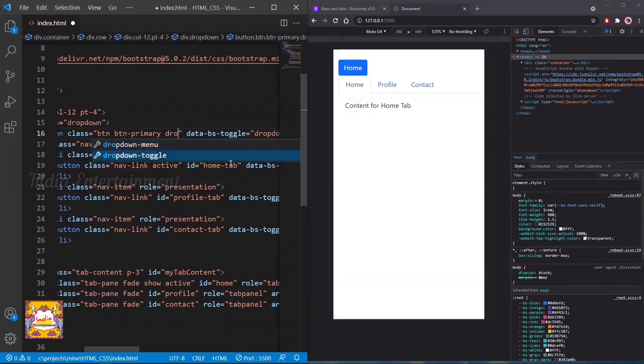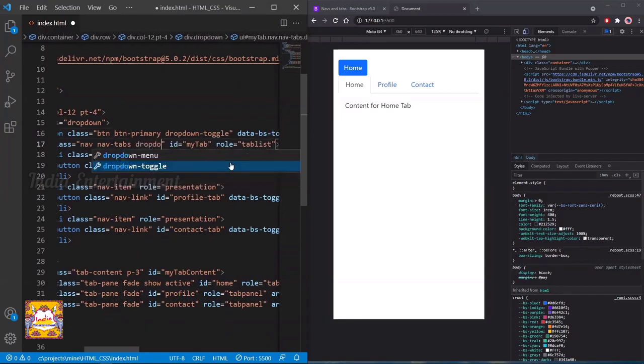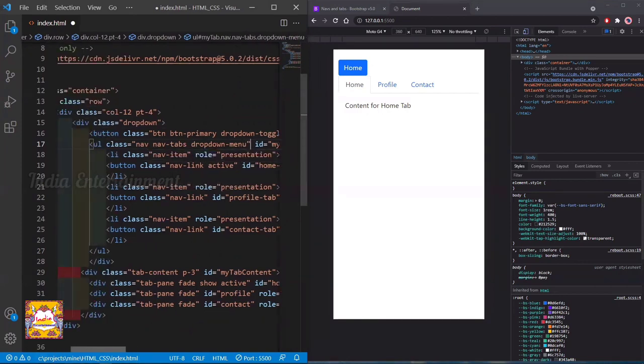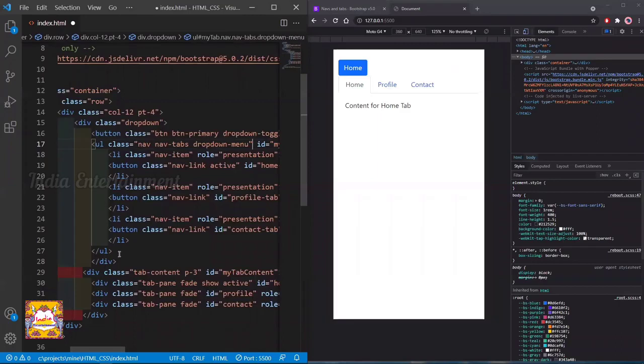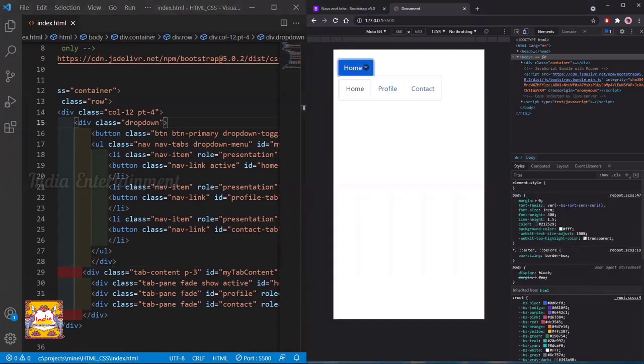So these are all Bootstrap classes, and according to Bootstrap standard, I changed this button into a drop down. So I'm saving this. Now you can see the drop down,